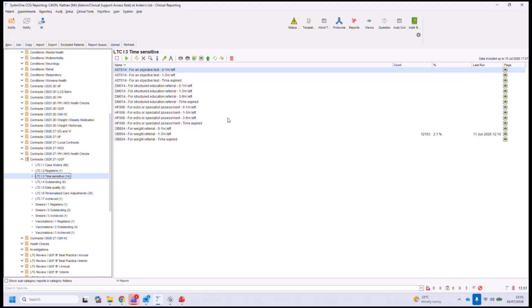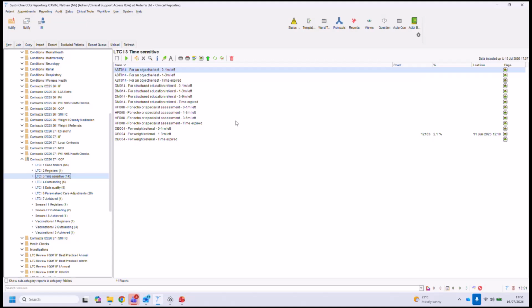Now I'm just going to have to go in the back end here, so I'm going to have to bring up the template. But just so you know, obviously if a patient has a heart failure diagnosis, they are going to have an icon under their name, and that will open up the best practice heart failure template where you can do your consultations and reviews. But some of you may not know, we've got a QOF template for heart failure.